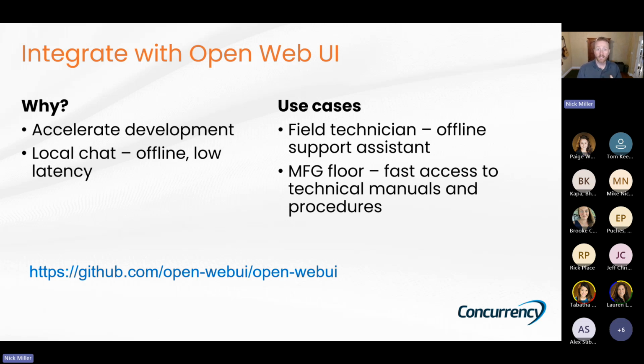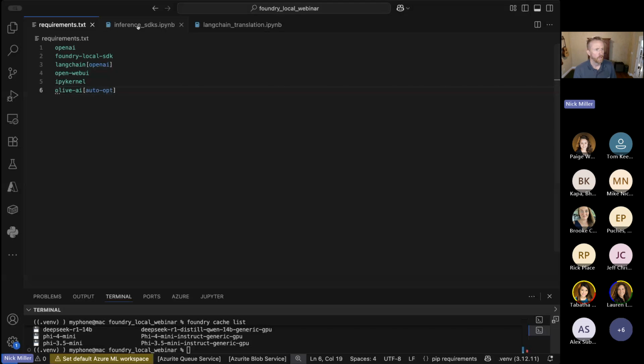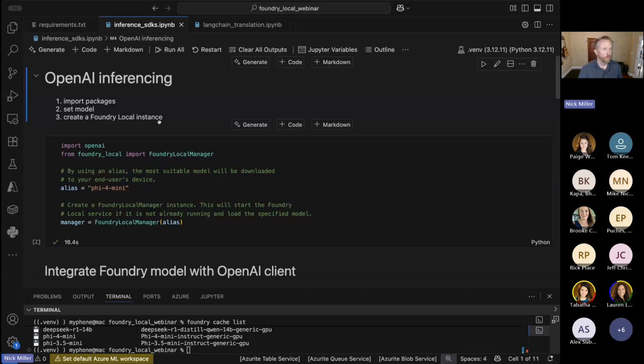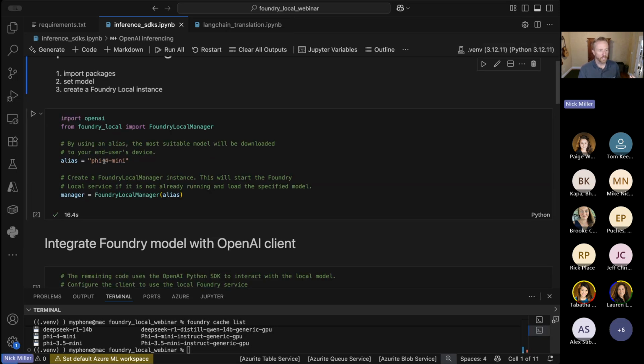So I'm going to switch back over to VS Code and we're going to start looking at the SDK. Now that we've built the virtual environment, it's this one here. And if you remember when we looked at the cache, you can see it still at the bottom. Here's the actual model name, Phi-4 mini instruct generic GPU. But you always want to use the alias. The reason is that when you use the alias, Foundry Local will look at your hardware, see what's available,